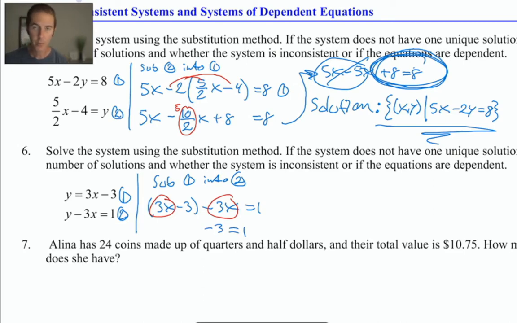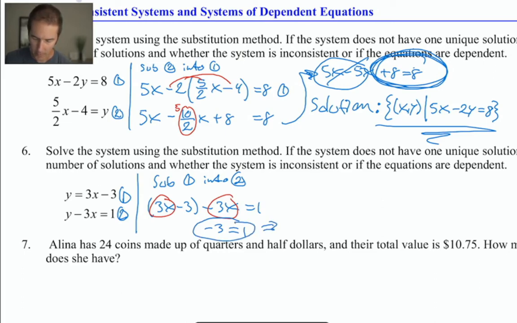This is another one of those indicators like 8 equals 8, which is always true, while negative 3 equaling 1, that's never true. And this kind of a statement always makes me a little bit nervous, because either I'm on the right track and there's no solution to this problem, or I made an arithmetic mistake. In this case, we're on the right track. This problem is meant to illustrate that,